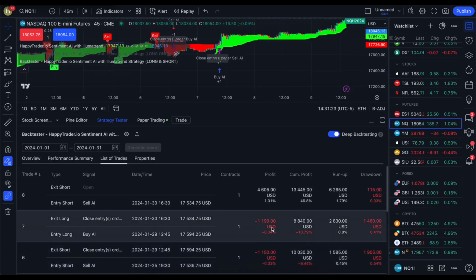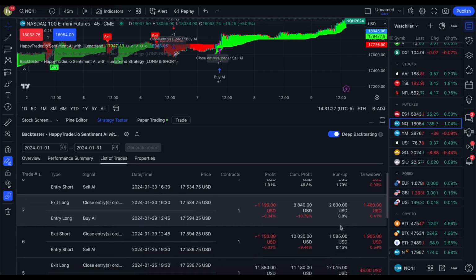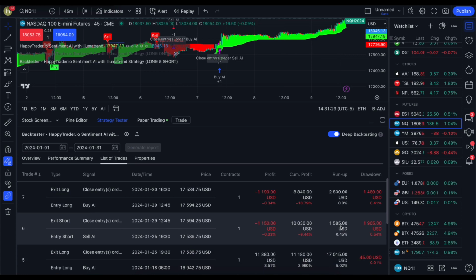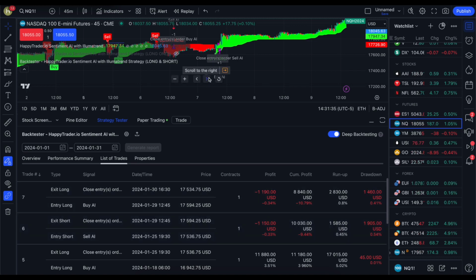So you can see here that even on our losing trades, we had run ups that would have allowed us to take substantial amounts of profit or put on a hedge, meaning go both ways in the market. Delta hedge is the term for that, such as having a contract long on the NQ. And then if that trade starts to go underwater, you could put on 10 contracts of the micro. You could put on protective put options.